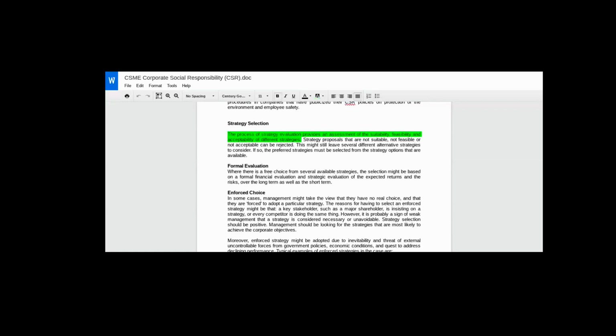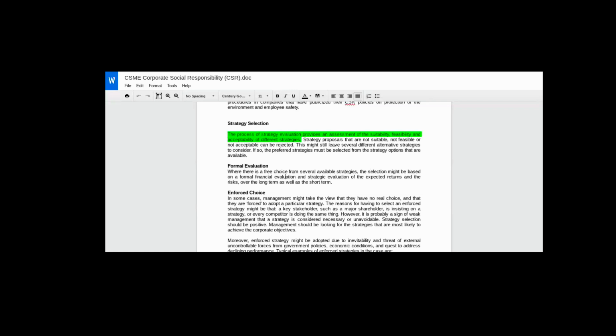So then what we call formal evaluation. The formal evaluation is in line with strategic evaluation. So the formal evaluation simply means that we have to look at the strategy. Selection of the strategy must be based on formal financial evaluation. That is key. Even the essence of establishing a business is to make and maximize profit and increase the wealth of the shareholders. So we have to evaluate the financial